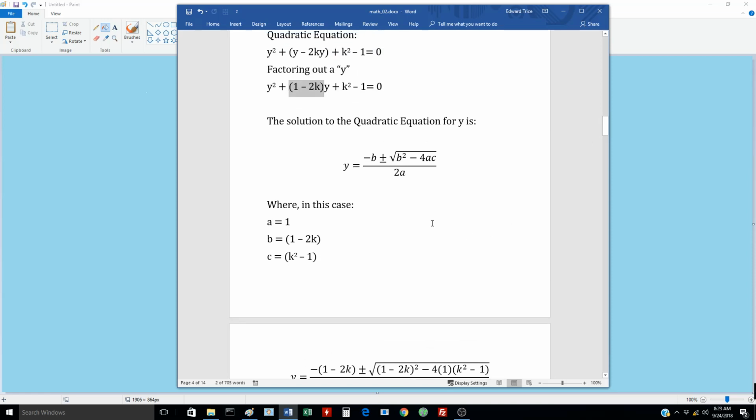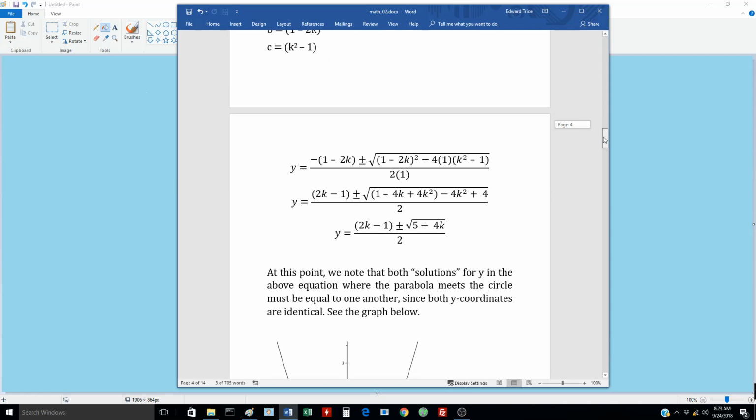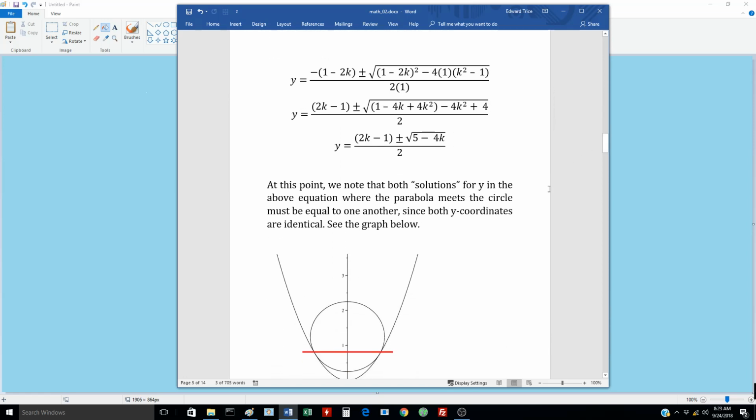So, to derive what y is, we're going to use a equals 1 because the coefficient of y squared is 1. B is 1 minus 2k because we have a 1 minus 2k in front of the y. And as I mentioned earlier, c is k squared minus 1 because that's the expression here. Alright, plugging that in, doing the math and simplifying,